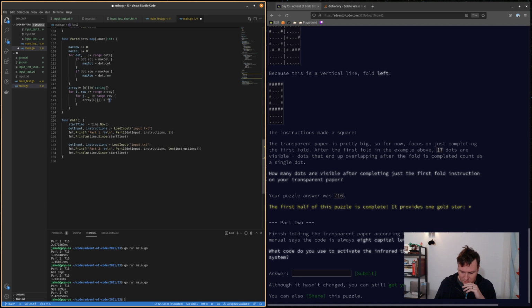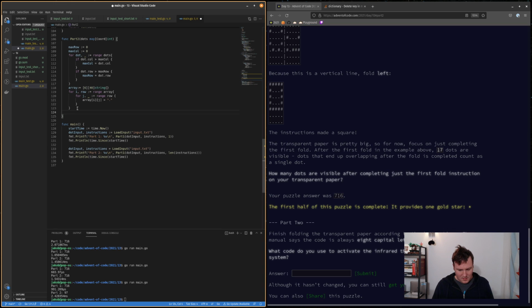We'll make it equal to a dot just to stay consistent. All right. So we're populating this. I'm sure that there's a better way to make it with these strings. Right. All right. Now we're going to iterate through for coord in range dot